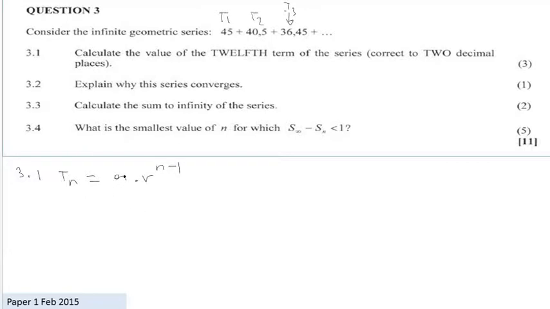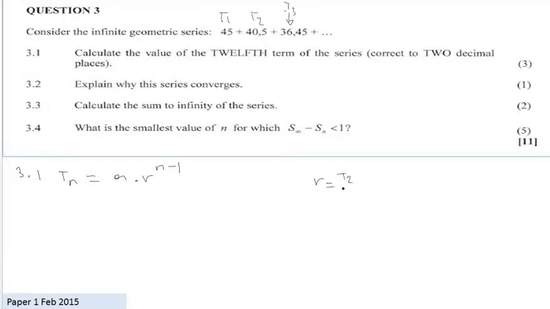A represents the first term, so A is equal to 45. Since they want us to determine the 12th term, n is equal to 12. How about R? R is the common ratio